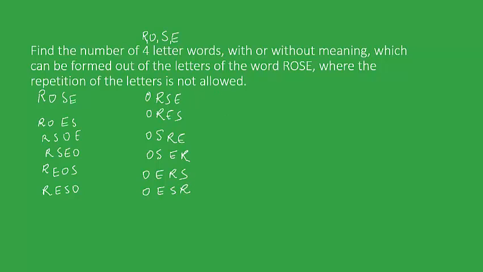Now if we replace O with S, we get SORE, SOER, SEOR, SERO, SROE, SREO. How many are these? These are six here,